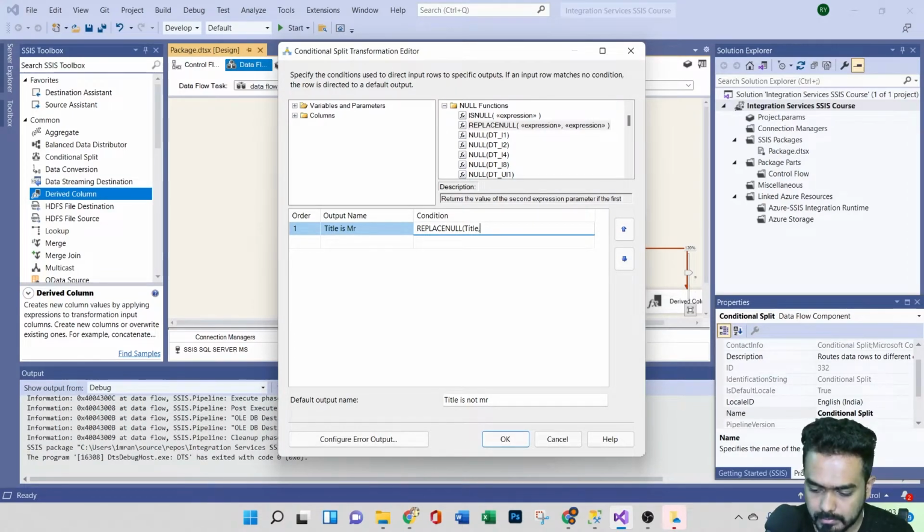Okay, and I'll just give "not Mr." Replace as "not Mr." Where I'm just replacing all this null value with a "not Mr." Okay, Mr. Okay, equal to